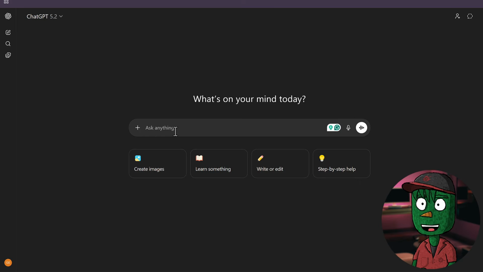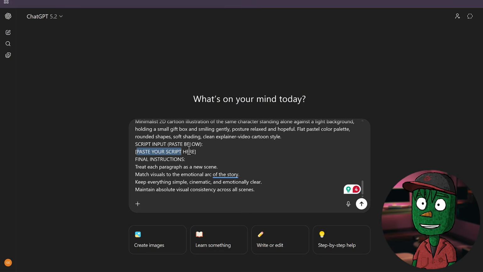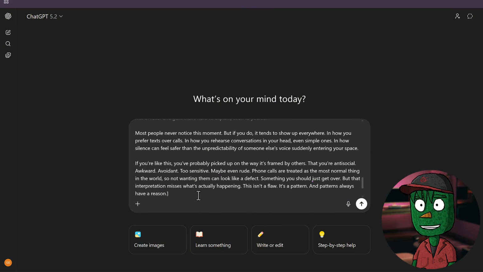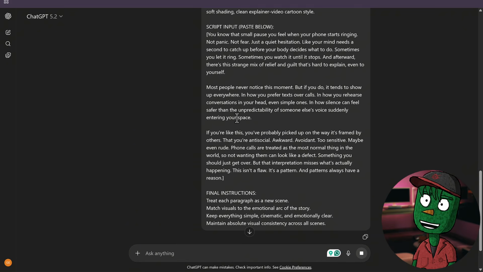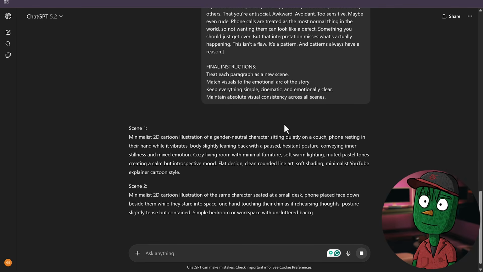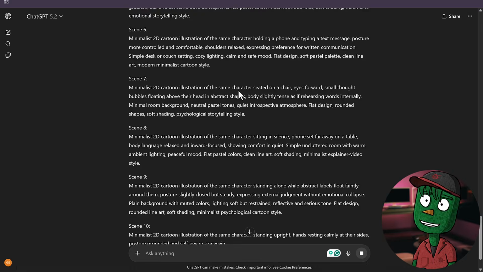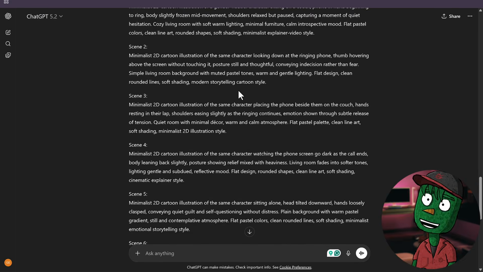Now when you copy that, bring that to ChatGPT and then make sure you go down to where you see script input here. Just paste it here so that ChatGPT will understand exactly the kind of visuals you need, the style, everything that I've already prompted to give you exactly what you need to make this kind of videos. Click on Generate and give ChatGPT some time to write you prompts that you're going to use to generate your visuals.